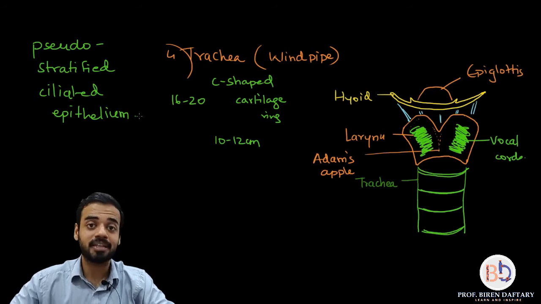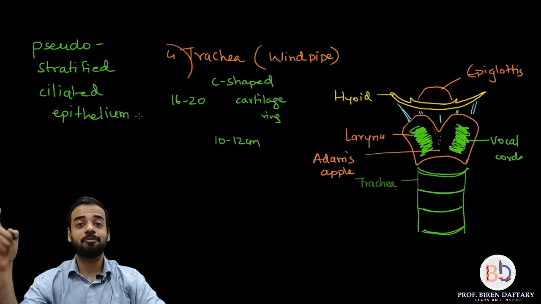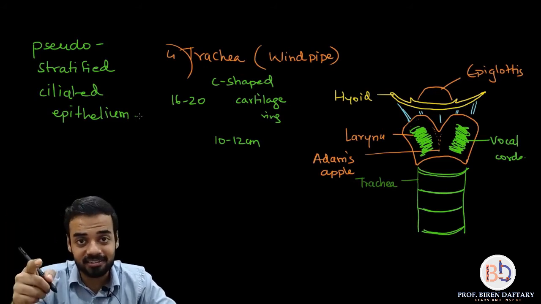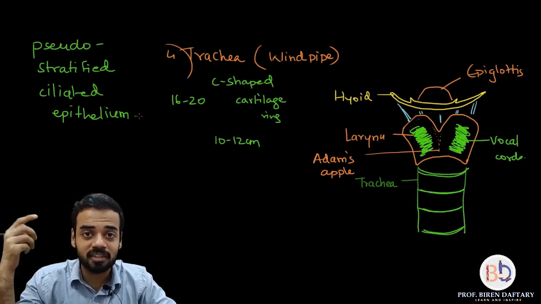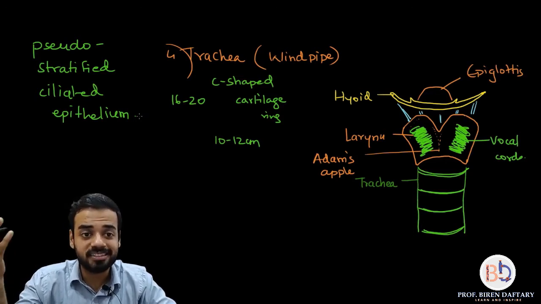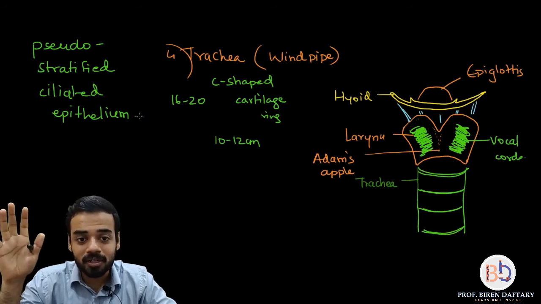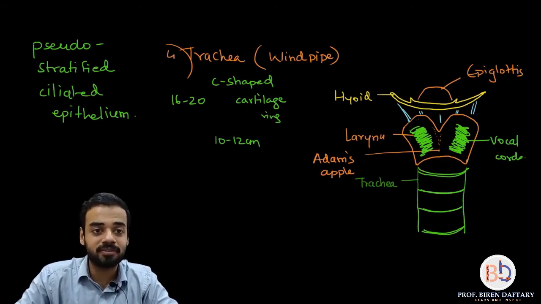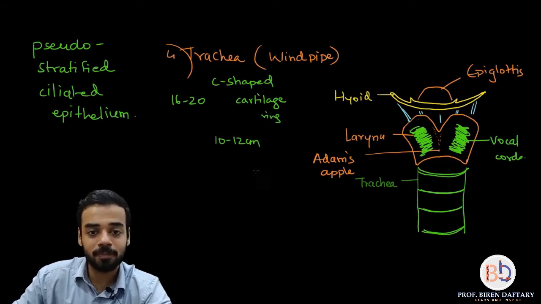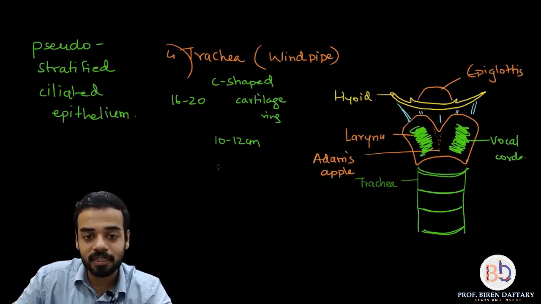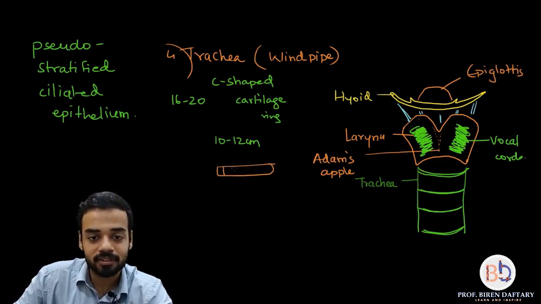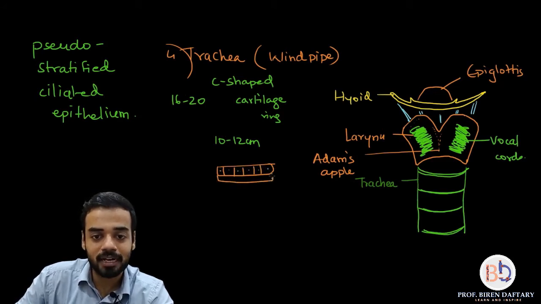If you remember the animal tissues which have been covered in your 11th standard, then this is easy. What is pseudo? Pseudo means anything that is false or fake. What is stratified epithelium? Compound epithelium, do you remember? Okay, what is a compound epithelium? See, simple epithelium, compound epithelium. Simple epithelium means a single layer of cells. Do you remember this? Squamous, cuboidal, all that. And below that is the basement membrane.